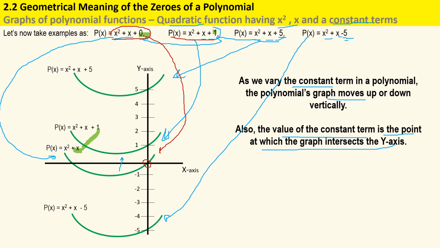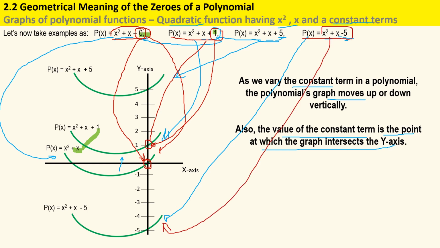And now let's take the plot of x squared plus x plus 1, which is plotted here, and it is intersecting the y-axis at the value 1. So you will notice that the constant term here is 1, and the intersection of the graph is happening at the value 1. Here in this example, x squared plus x plus 0, the constant term is 0, so the intersection is also happening at the value 0. And let's say here in this example, p(x) is equal to x squared plus x minus 5. The graph is plotted here, and this graph intersects the y-axis at the value minus 5,